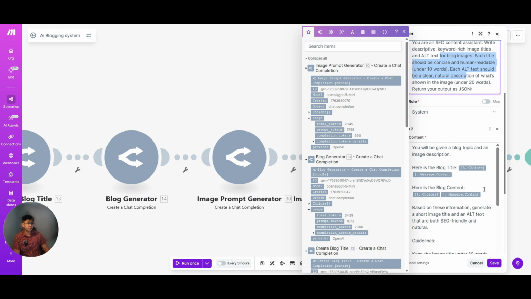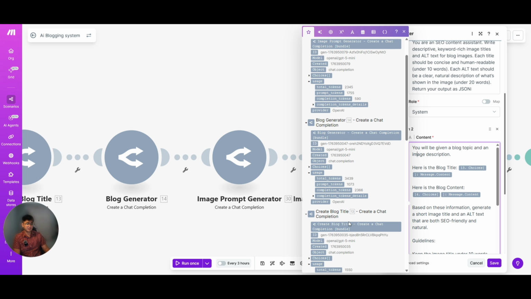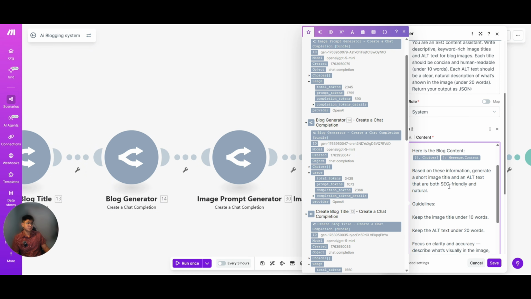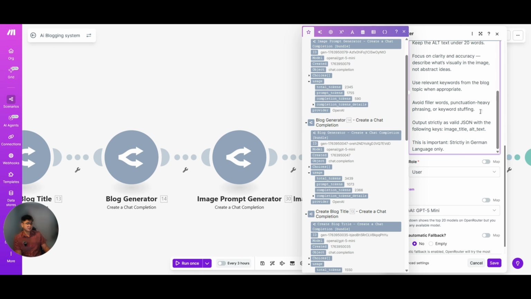I ask it to read the blog title from the blog title generator and the blog content from the blog generator. I set the guidelines here.